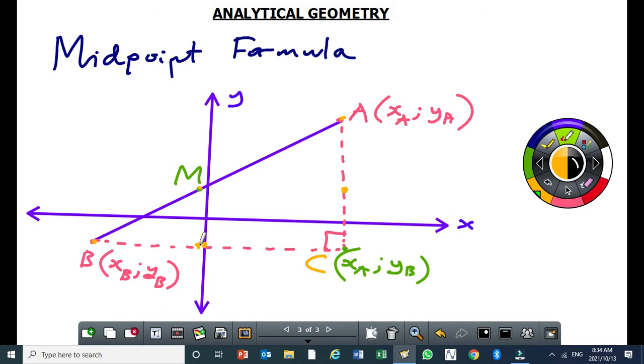So if I want to know the x value here, the distance from here to B, well, you may have to calculate that distance, right? Also, the distance from this point, say, to point A, you may have to calculate that. But the easiest way would be